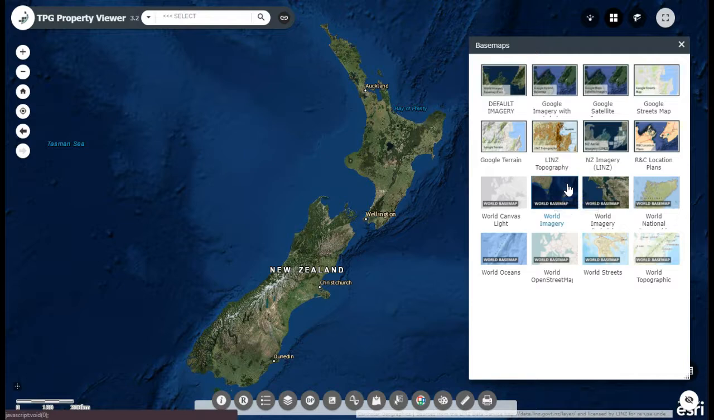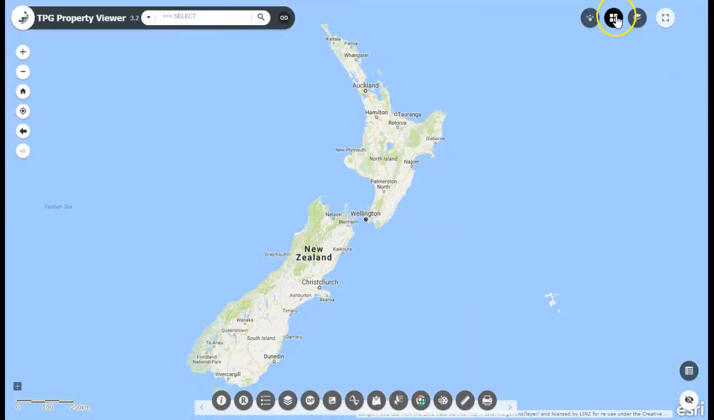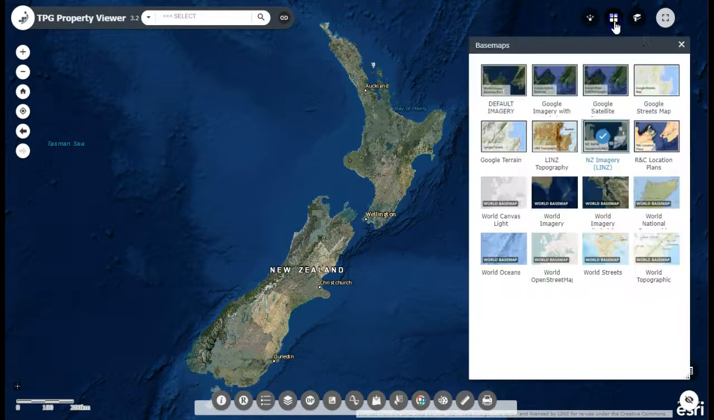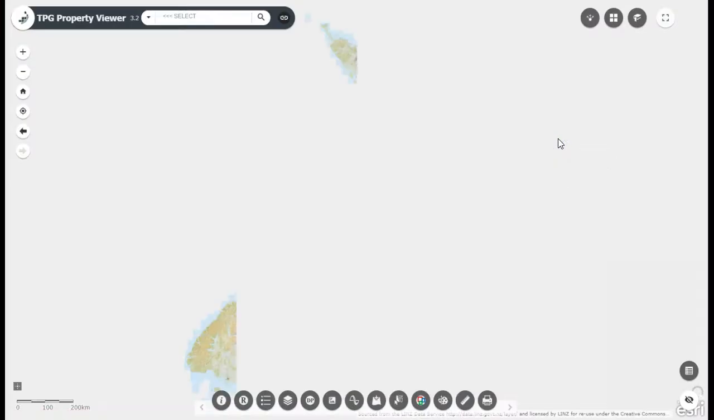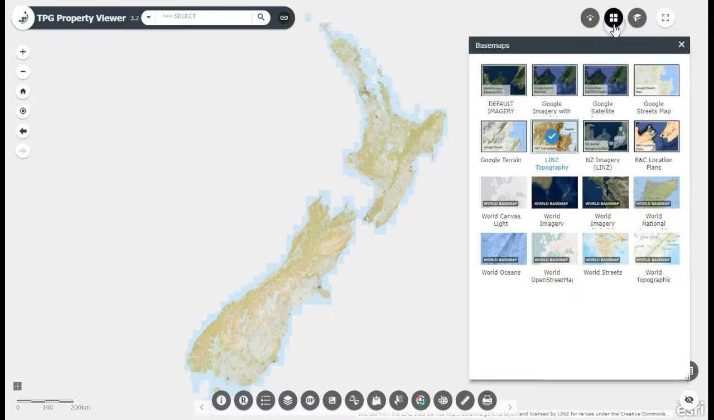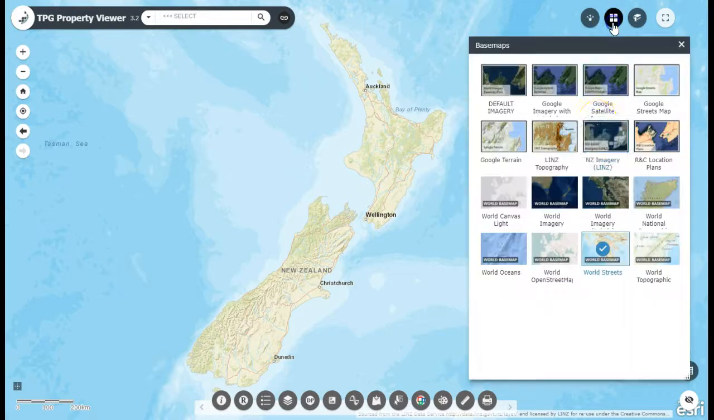Among the base map choices provided in the TPG Property Viewer, there is the Google Satellite Imagery and Street Maps, the LINZ imagery sourced from the LINZ Data Service, the LINZ topography, also sourced from the LINZ Data Service, which contains the New Zealand place names, roads, trails, contours, and much more. The world imagery, and all the other world-themed base maps, which are provided and maintained by our